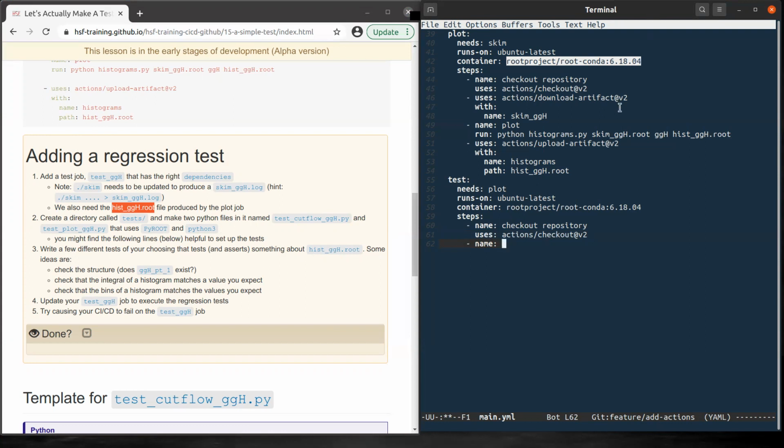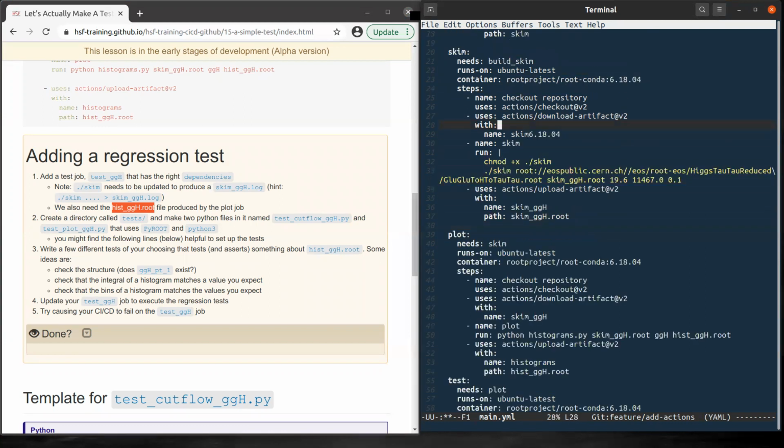The one which is, let's go first here and then direct this output in this file, skim.js.log, and then we need two files, right?